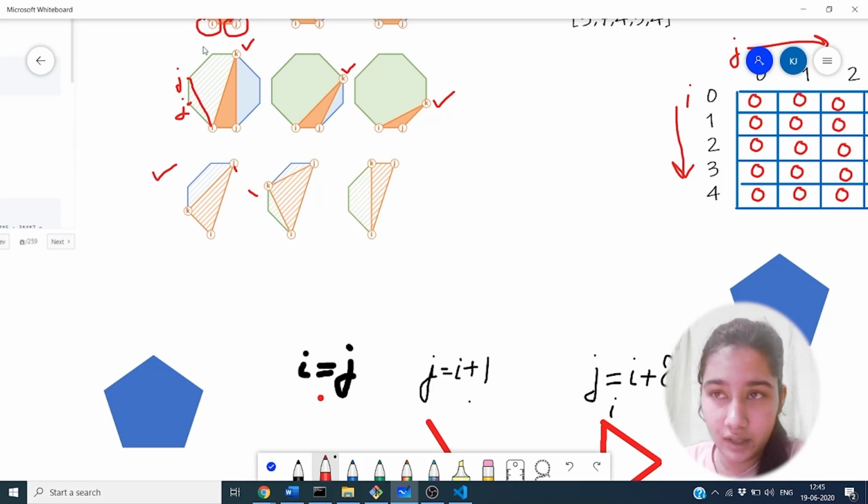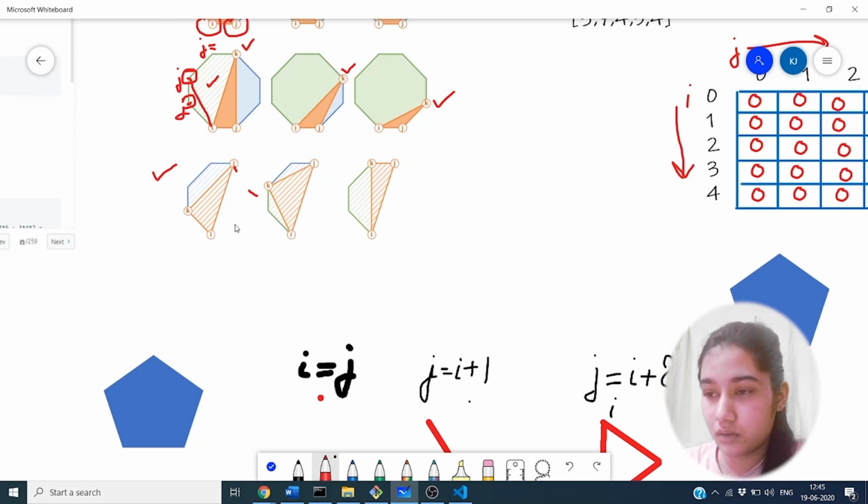Now again iterating the j value and incrementing its value by 1. So here it becomes i plus 2, i plus 3. In this condition, the possible k values are this one and this one. Now we are going to iterate over all the possible values of j, that is, it will go up to n minus 2, and recursively call each value so that we can solve it for all the polygons.